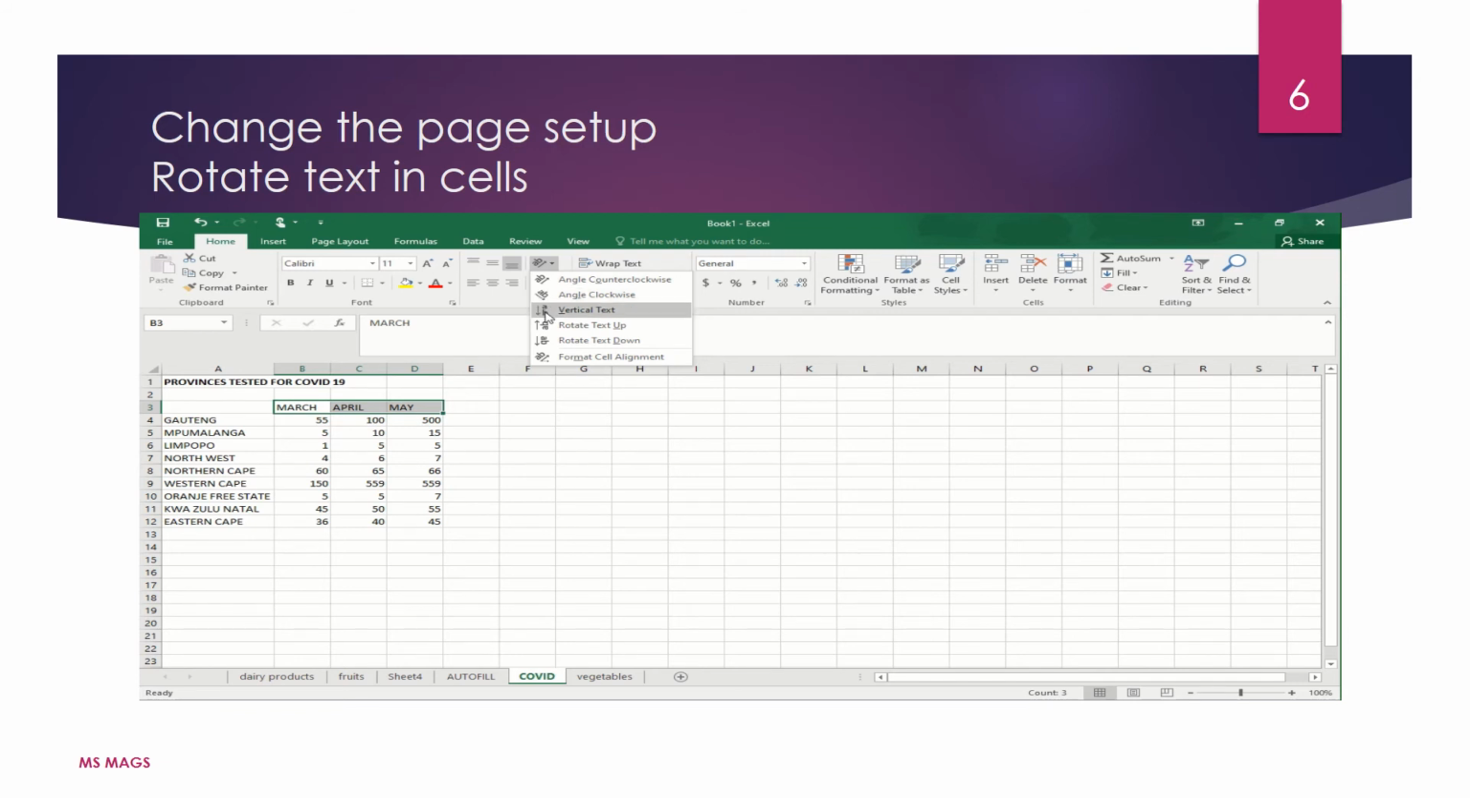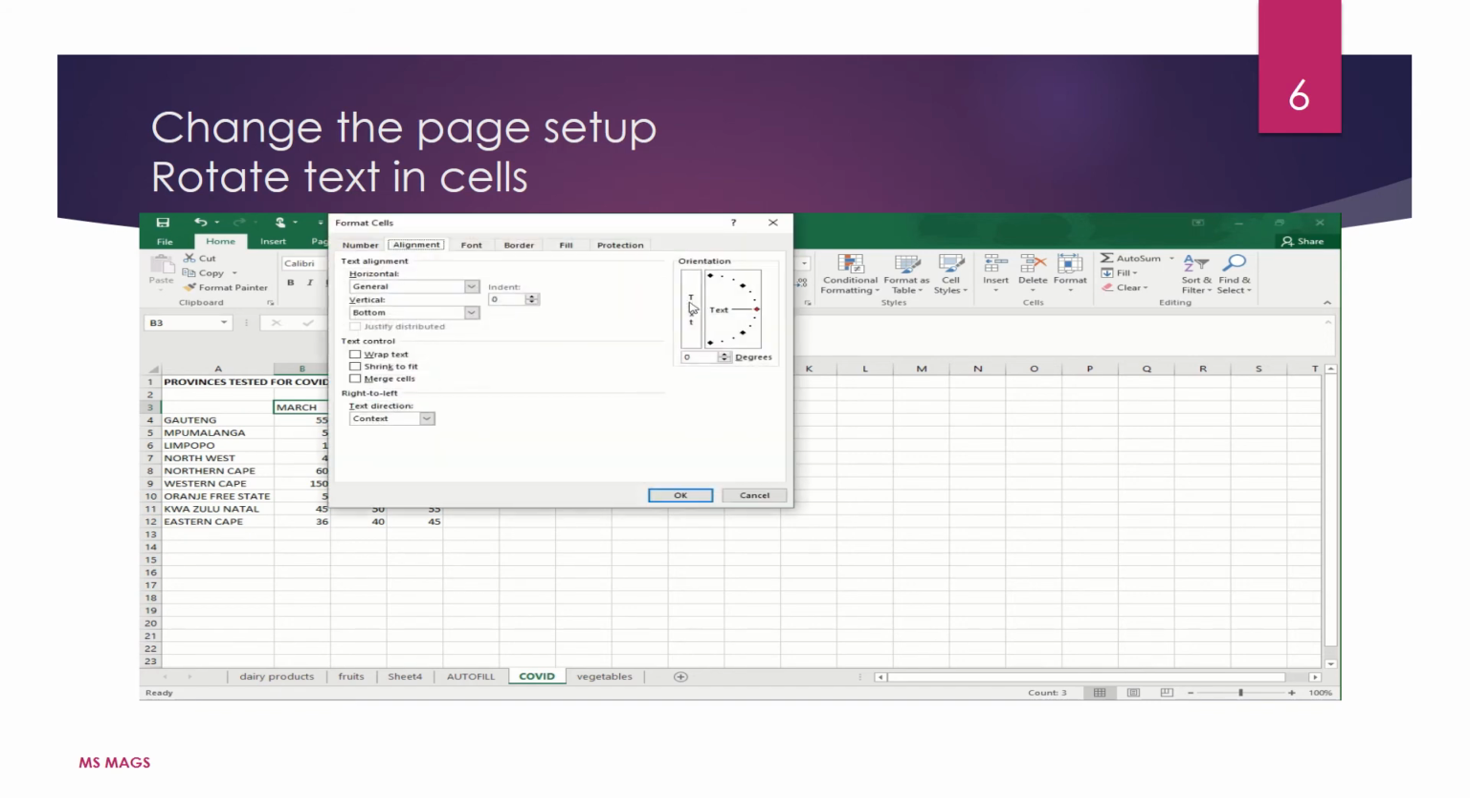You can use that. You can change it to vertical text. You can rotate it up. You can rotate it down. You can format the cell alignment. Okay, so you can use that part, or you can just go through the drop down arrow under your home